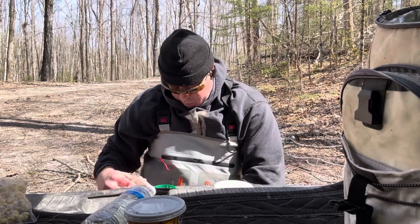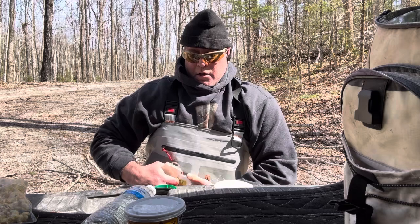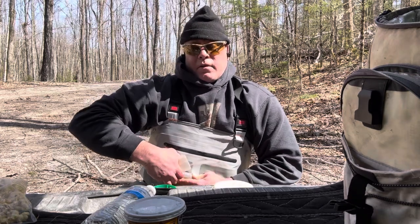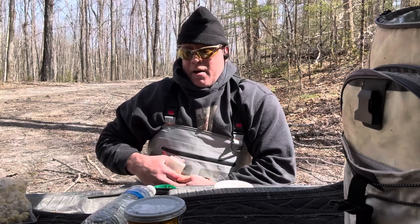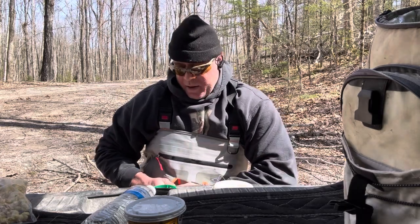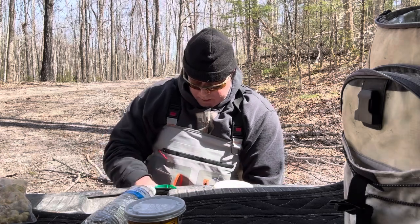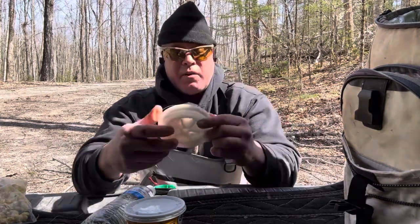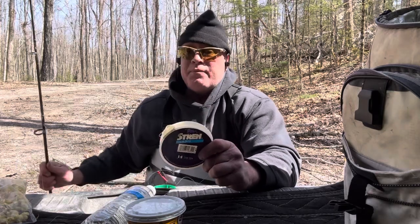Basically, if you didn't know, steelhead are a species of trout. They're just giant rainbow trout. They get giant because they live in the Great Lakes. They fatten up in the Great Lakes, and then they come back to spawn this time of year, and they call them steelhead. Now I just put 14-pound test fluorocarbon strand on my medium